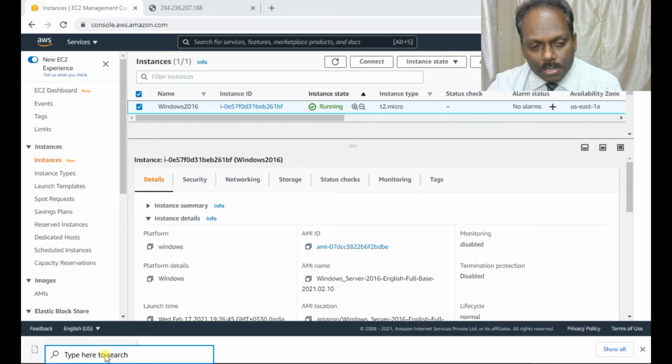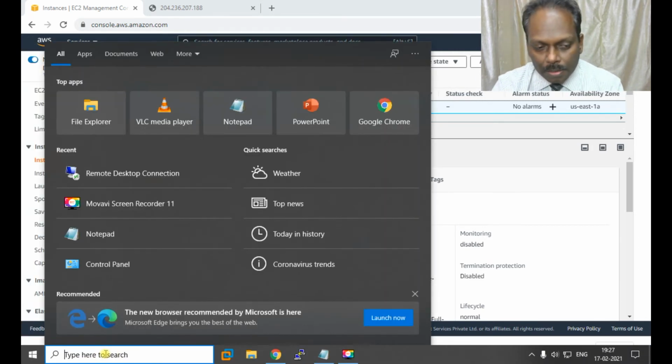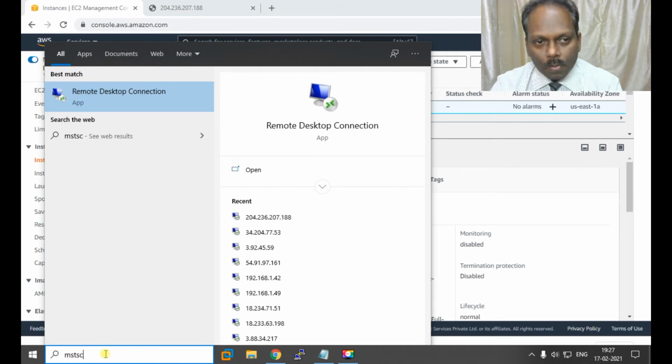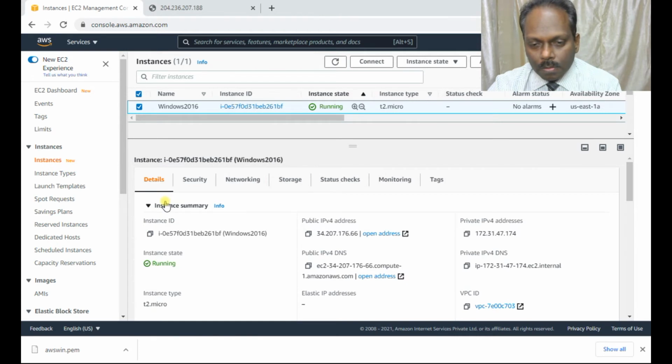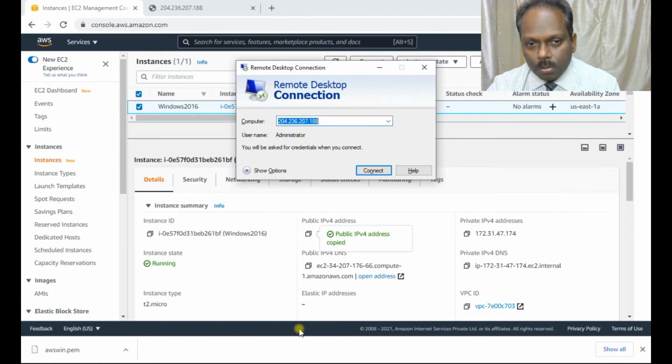Now what I'm going to do is I'll just say mstsc, with the IP address. This is 34 dot. So once I go to that particular, let me check.